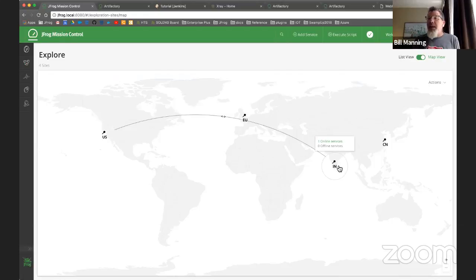And I have a team in India, and in India, I have another Artifactory server. What they're doing in this case is, I have around the clock, I follow the Sun methodology of development. So I'm replicating between the two. In this case, if I am doing any sort of builds, it allows me to have that global reach of